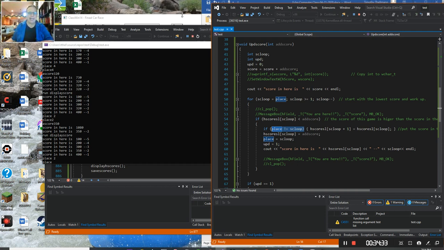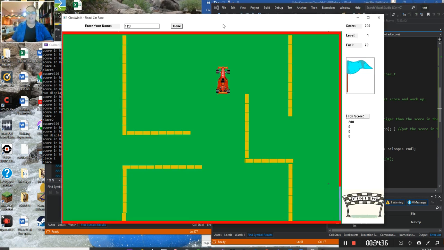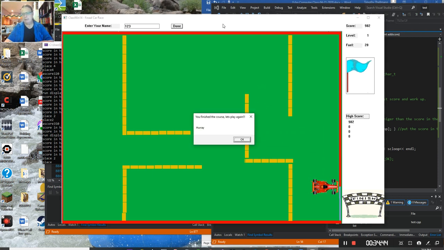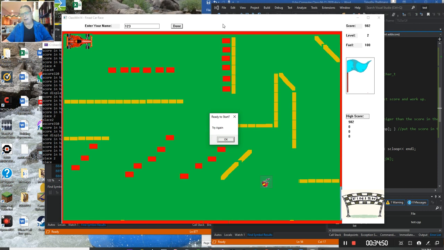So when we play the game now, and this code is active, you can actually see I have 200 points. And that's just going to go on up. And I won right there because I'm just that good. And now I got 982 points, and that's high score. Once you get that high score, it updates immediately. If I lose points,